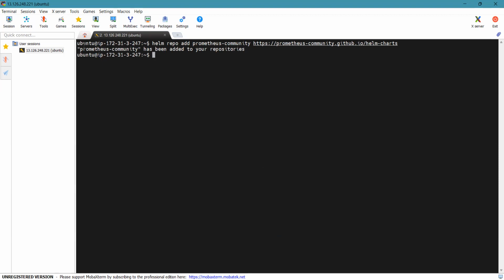Press enter and here you can find the Prometheus community, which is the name of the repository, has been added successfully. To view the repository, just type helm repo list, and you can find the Prometheus repository has been created successfully. So as you can find,